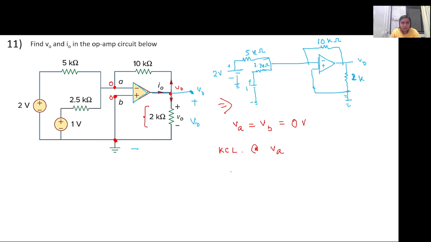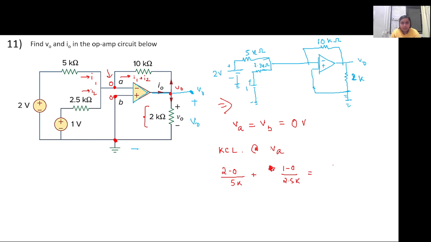So whatever the current flows in this branch and this branch will be equal to I1 plus I2, whatever current flows in this particular branch if we apply KCL at this point. So it will be 2 minus 0 by 5k plus 2.1 minus 0 by 2.5k